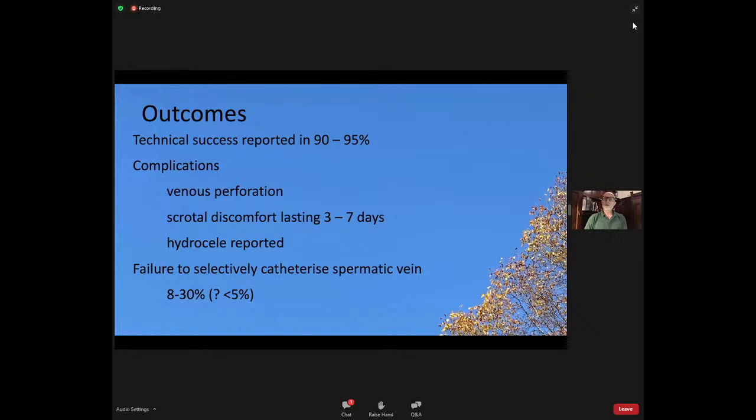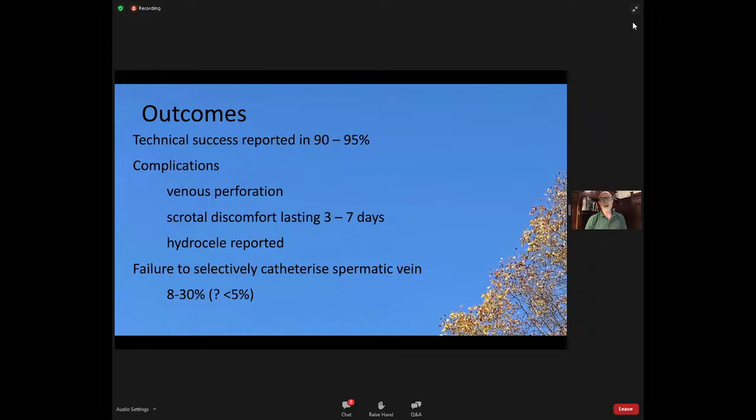The thing I do warn my patients about is scrotal discomfort or testicular phlebitis, which is kind of the technical term of this phlebitis in the vein. It responds very well to simple analgesia, ibuprofen, paracetamol, but it's important to warn patients because it's the one thing they'll ring you up about and say, listen, are you sure you haven't done anything wrong here? And we can be confident we haven't, but we know that this occurs in about 5% of patients.